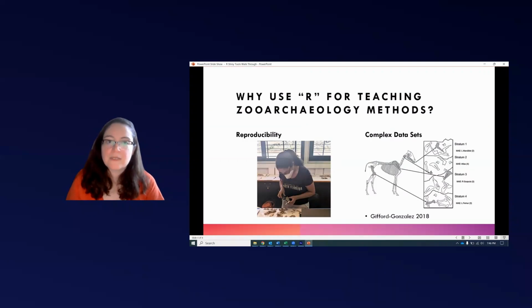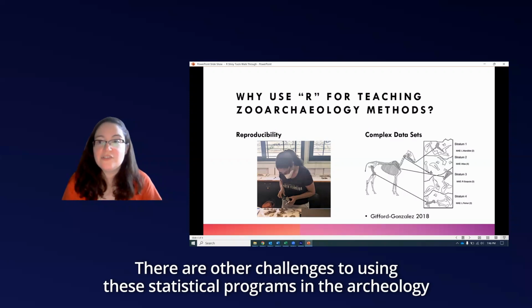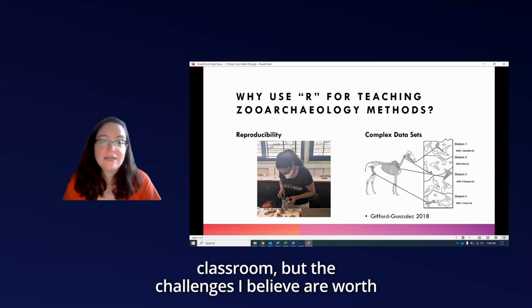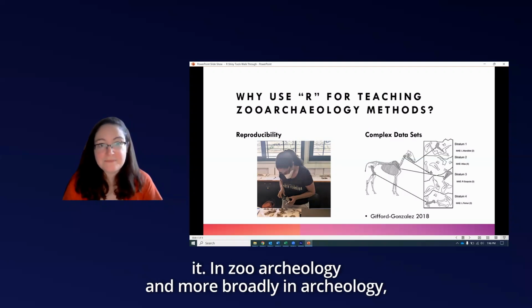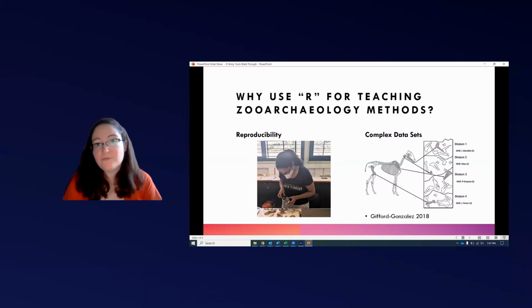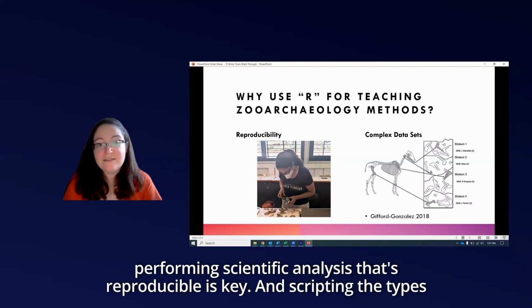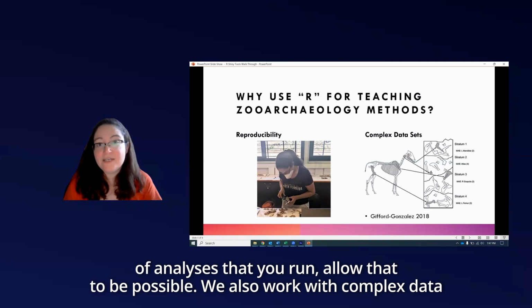There are other challenges to using these statistical programs in the archaeology classroom, but the challenges, I believe, are worth it. In zooarchaeology and more broadly in archaeology, performing scientific analysis that's reproducible is key. And scripting the types of analyses that you run allows that to be possible. We also work with complex data sets,